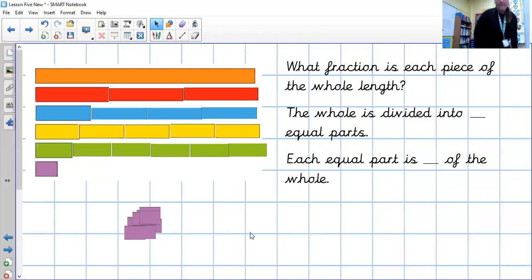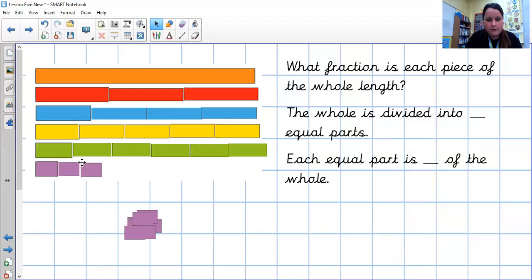Okay, let's have a look at the purple example. So we've got our whole again at the top, and this time it's been divided into how many equal parts do you think? They look quite small, don't they? I'm going to go for maybe 9 or 10. Let's have a look. The whole is divided into